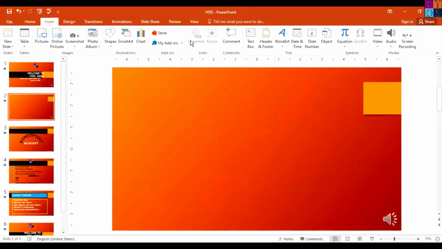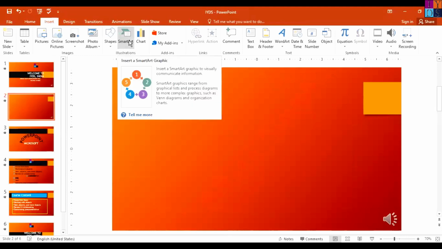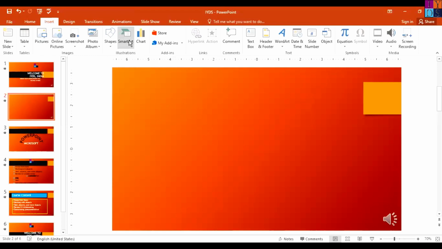The SmartArt, this is the SmartArt in the Insert ribbon. This is the Insert SmartArt. It allows you to communicate information with graphics instead of just using text. There are a variety of styles to choose from, which you can use to illustrate different types of ideas, and the SmartArt graphic to show your pictures in a more specified way. Select the slide, just go to the SmartArt,